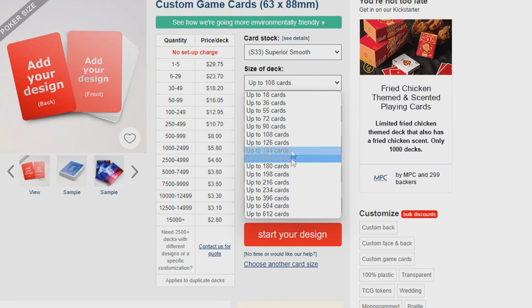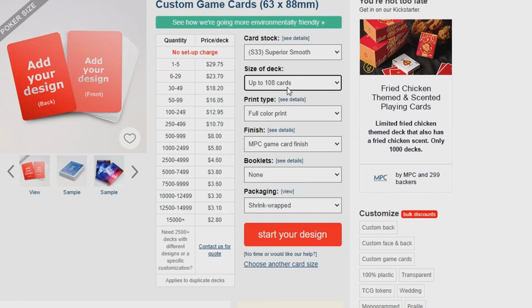And then your size of the deck is just how many cards you're going to print in one order. You can go up to 612 if you want to do a ton of cards. The more cards you do, the better value you'll get, because the base flat shipping on here is pretty pricey, especially because it comes from out of country if you're in the US. So just be aware of that. Usually you probably will want to wait till you have at least 200 cards to make it worth your while, but you can get away with 100, and just for the purpose of this video, we'll just select 108. And then for print type,